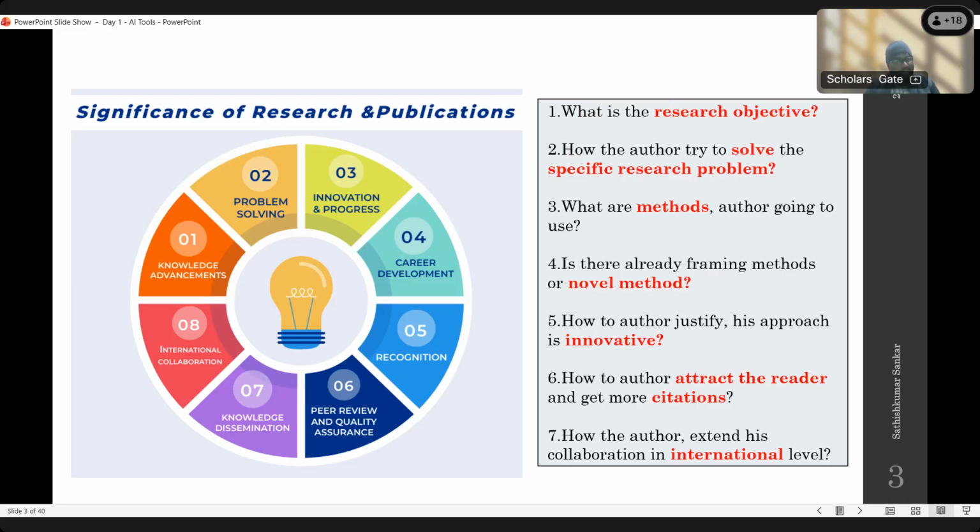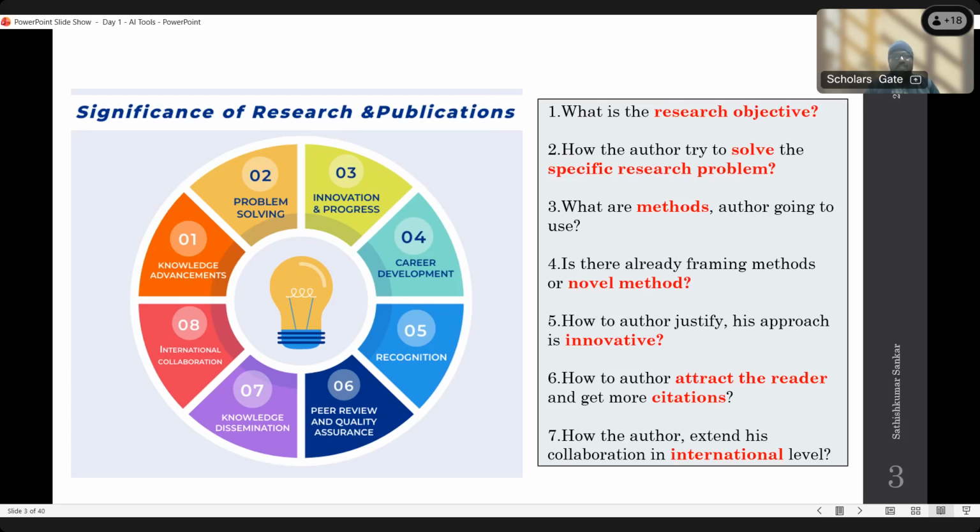So the fourth one is career development. Nowadays, when I completed my MTech in 2016, I worked at one of the institutions. After completing my MTech, I had 5 years of teaching experience. After that, I left and joined the PhD. At that time, MTech was okay, but nowadays MTech holders are laid off from those jobs. They are out, they do not continue their job. Only those with a completed PhD are retained.